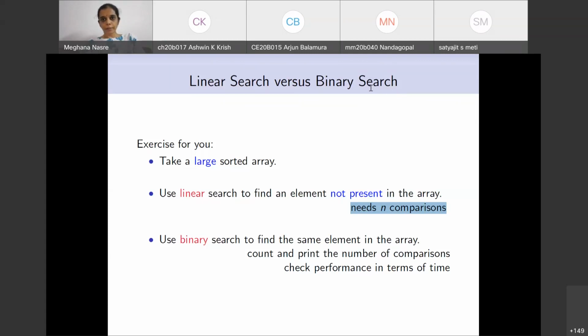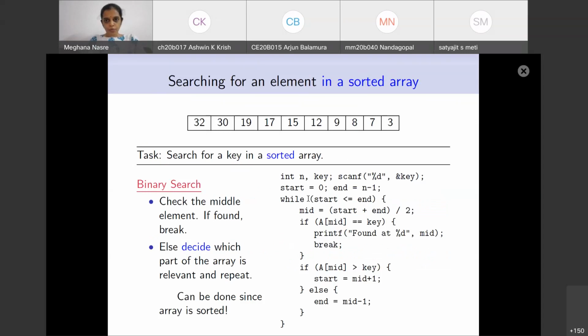So any questions, comments here? Okay, so what was the condition in the while loop? So this condition is what you're asking, Rahul. Start is less than or equal to end. Okay, is that clear, or is there any question about that? Okay, fine. So then I will assume that this is okay. Is there anything that anybody wants to point out?